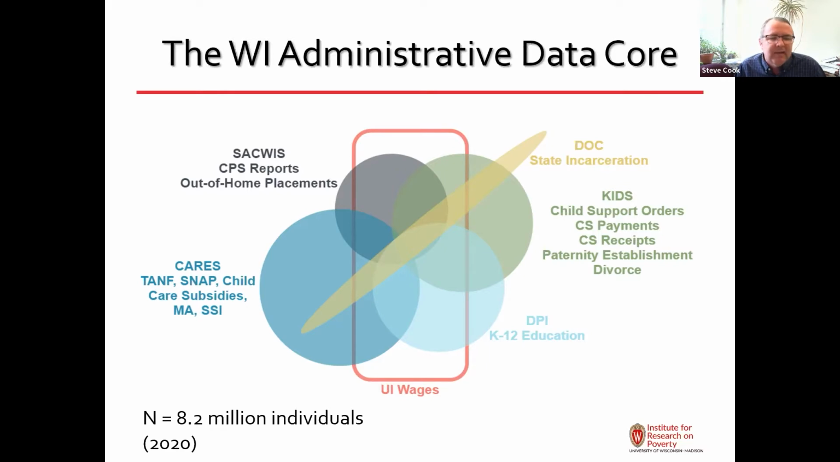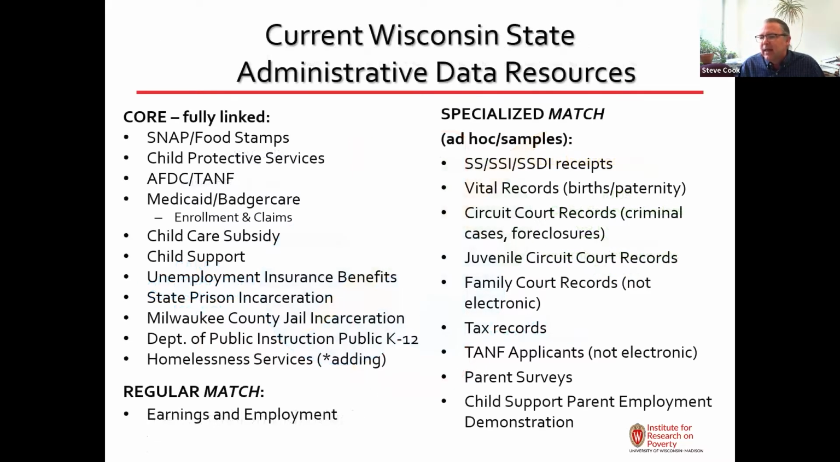Sort of a closer look at some of the data sources that we have in this. Next slide, thank you. So we have information on SNAP or food stamp program, Child Protective Services, currently the state TANF program, but previous to that, AFDC, Medicaid, which is referred to here in Wisconsin as Badger Care. And we're fortunate to have not only enrollment data for that, but also data from Medicaid claims, information on the state's child care subsidy program, data on child support, unemployment insurance benefits, incarceration data from the state prisons and from Milwaukee County Jail,